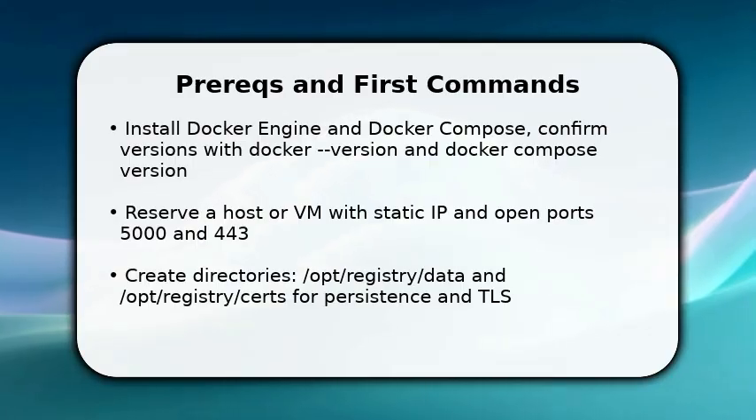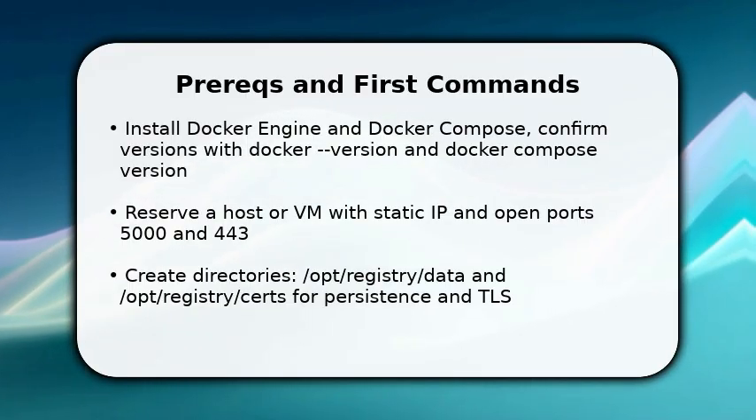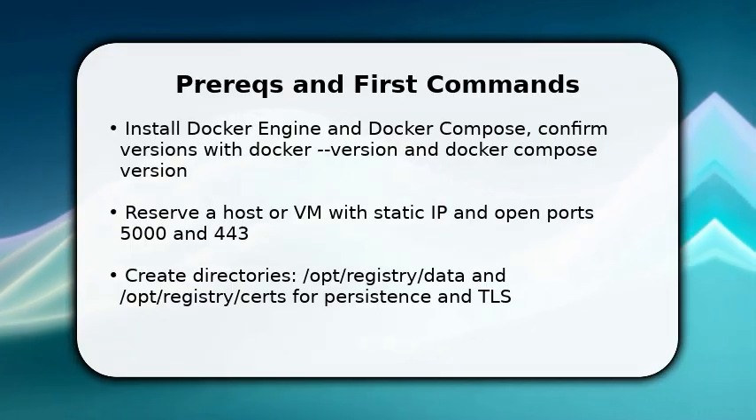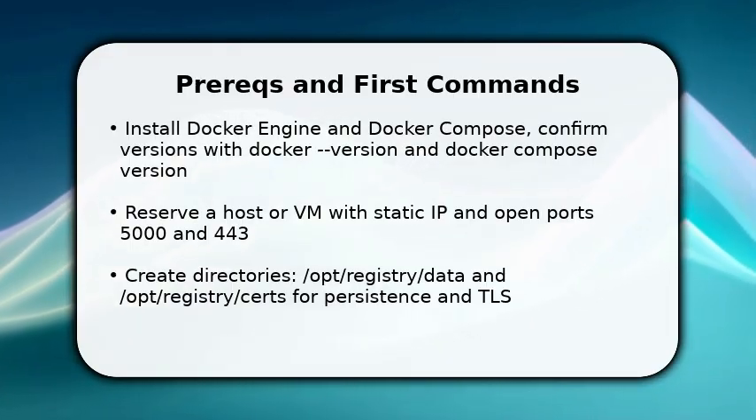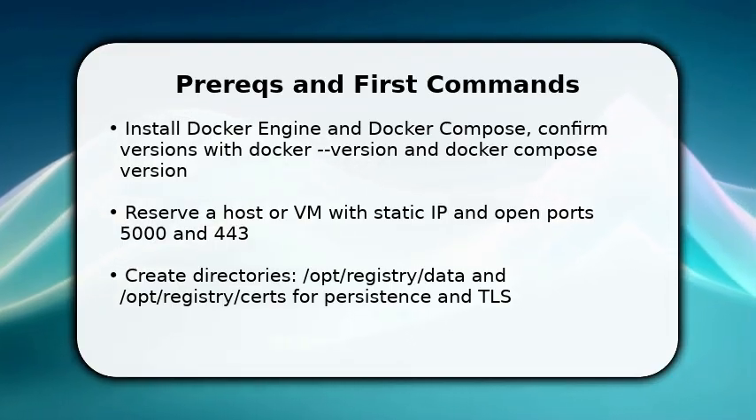You start by preparing the host, install Docker and Docker Compose, and confirm they run. Create the registry directories and generate or copy TLS certs into /opt/registry/certs. This secures traffic. Once done, write a minimal Docker Compose